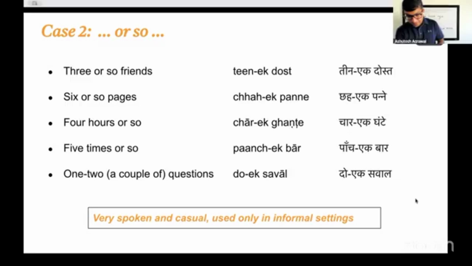What if it's 1? So then there is no approximation, right? You just say ek. No, that's not true. You can say one or so. Yeah, one or so. So let's just discuss it, right? Let's say you have a sentence like a 1 or so. Where will you say 1 or so? Then we can figure out what's the best way to say. How many beers did you drink? Yeah, how will you say that?